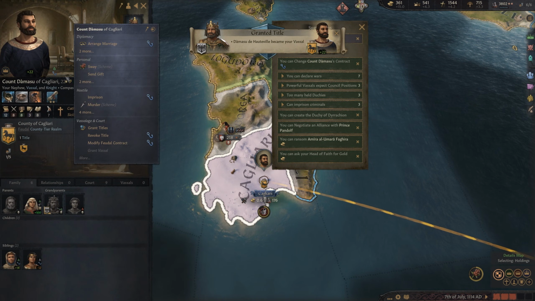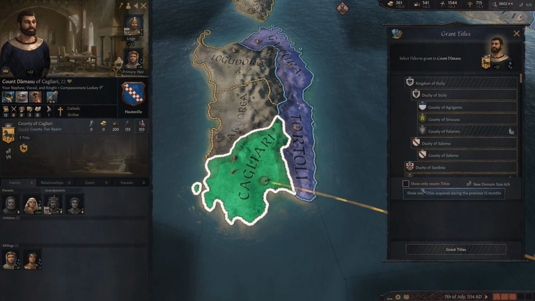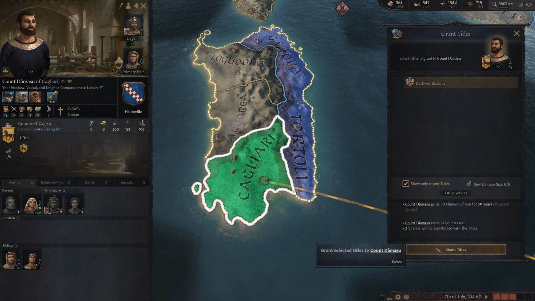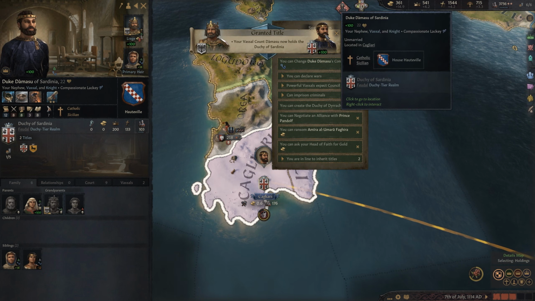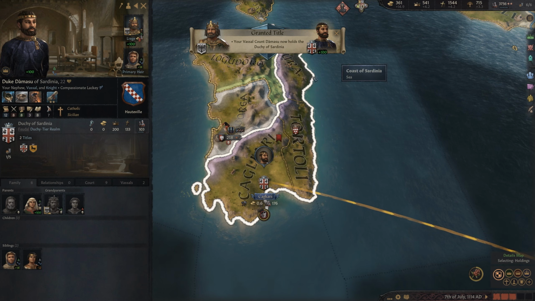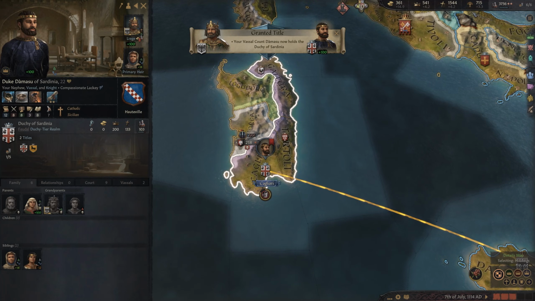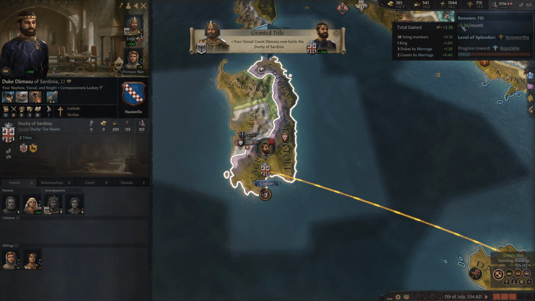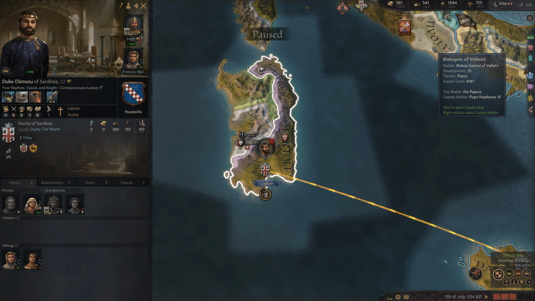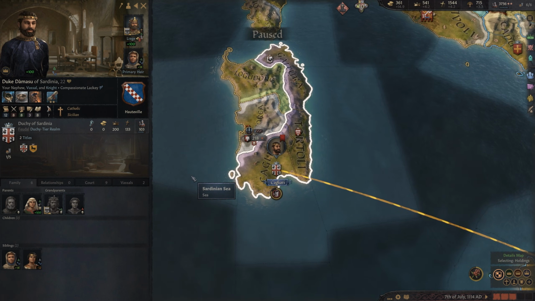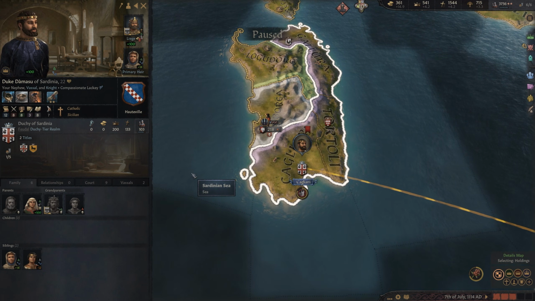And we'll even just give it to this guy right out the gate. So recent, the Duchy of Sardinia. What I've done here is I've made someone my vassal. He's already in a very commanding and easy, good position, right? He's a duke. This just increased my renown, because you can see we're going to have more dukes once I unpause. And most importantly, he's easily controllable because he's a content, diligent individual.